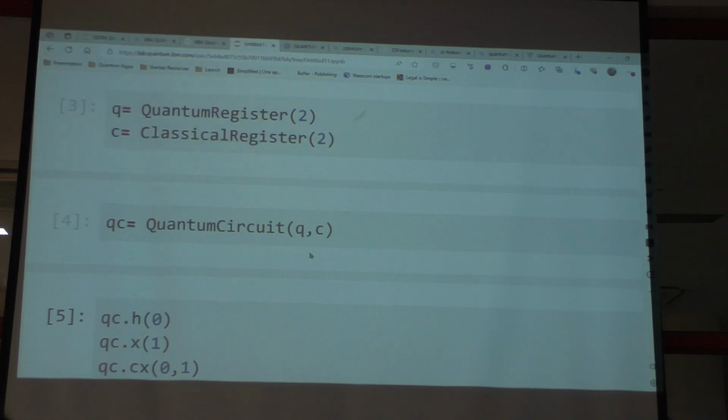yeah. So what I've written there is a quantum circuit. What I've defined is a quantum circuit.